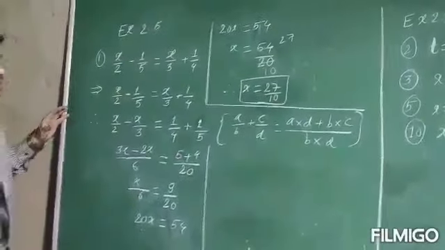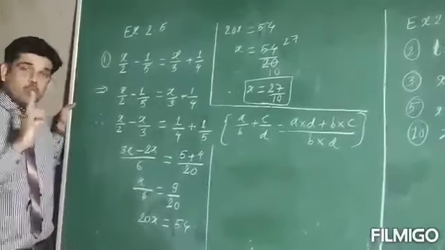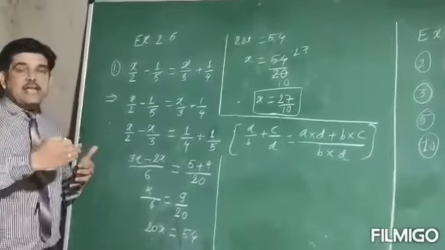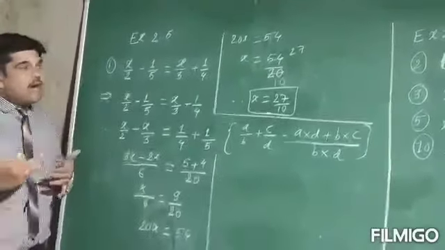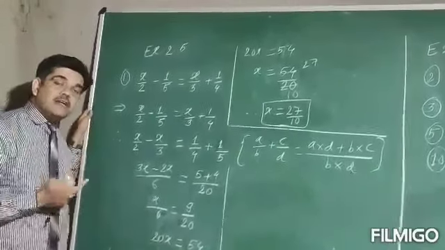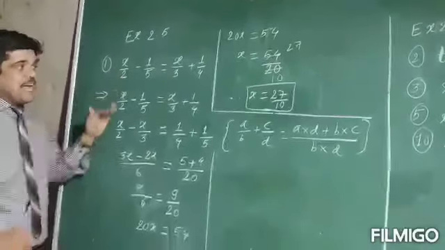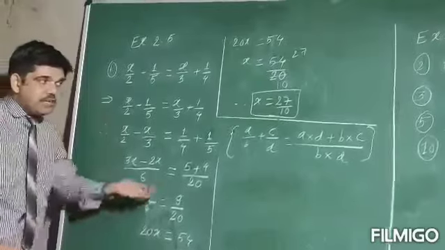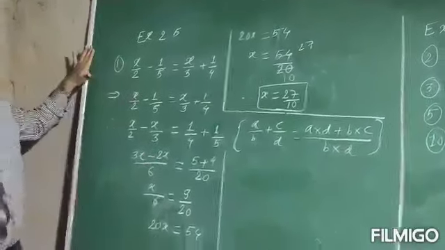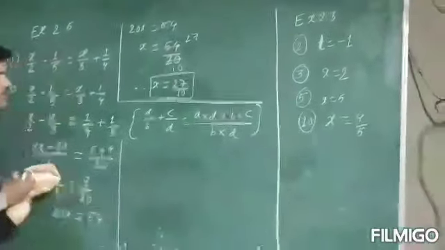If you observe, in exercise number 1, very simple equations were there. They can ask for 1 mark. In exercise 2.3, the level was a little bit higher, so they can ask for 2 to 3 marks, and this exercise is most important. From this exercise the question can come for 3 and 4 marks also. So you need to take care of the sign when you are multiplying and shifting terms, all those things you need to take care of. Okay, so this is the first sum from exercise 2.5. Now we will do the next sum.